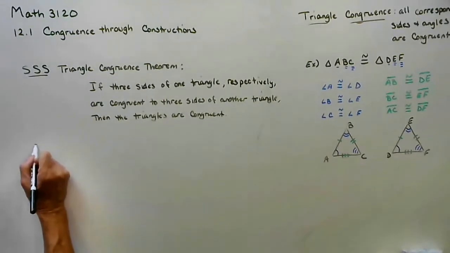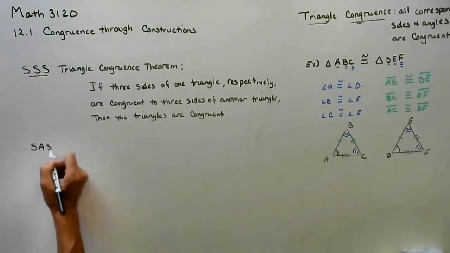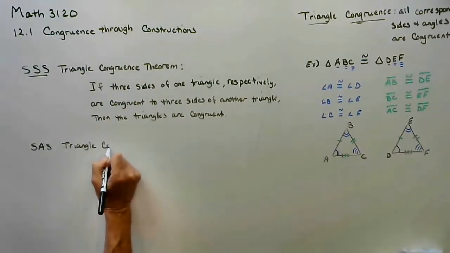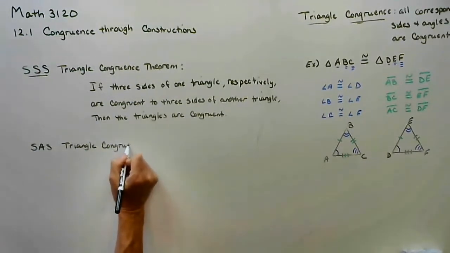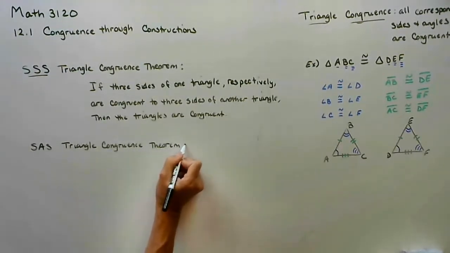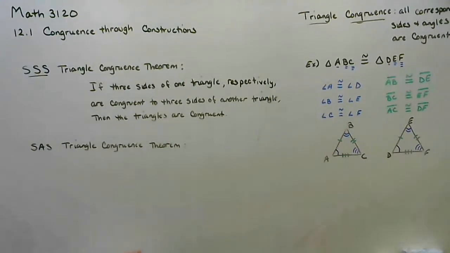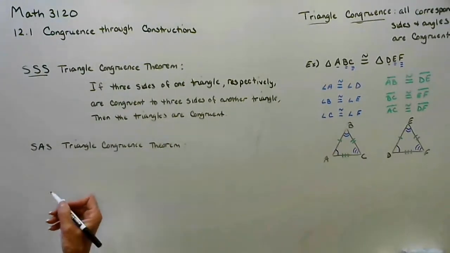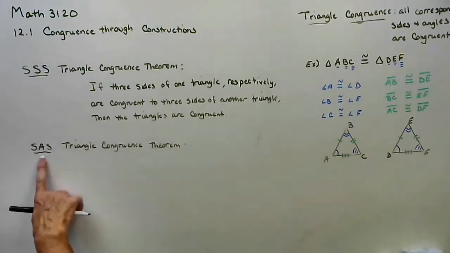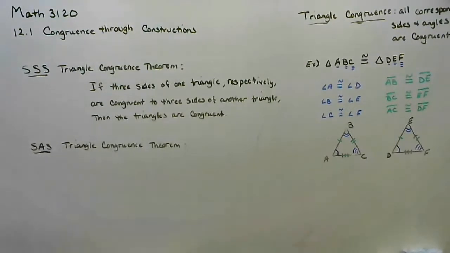Then we also have SAS. Triangle congruence theorem. And you may remember what this one stands for. And if you don't, that's fine. You may, from our Euclidean geometry, this means side angle side. And notice where the angle is located. The angle is located between the two sides. So if you have two sides and an angle between them,